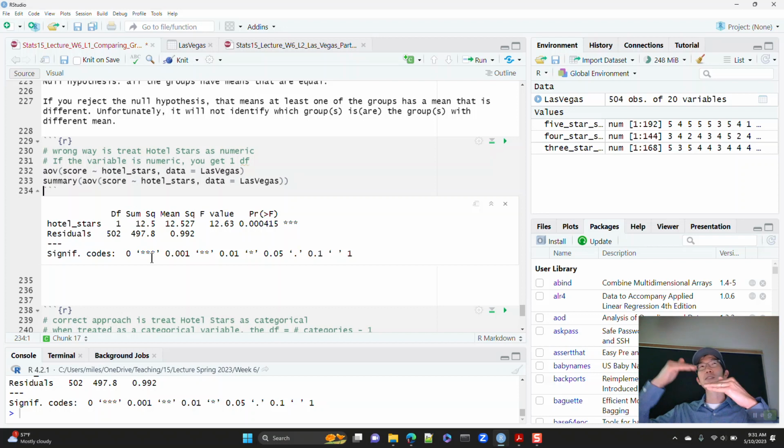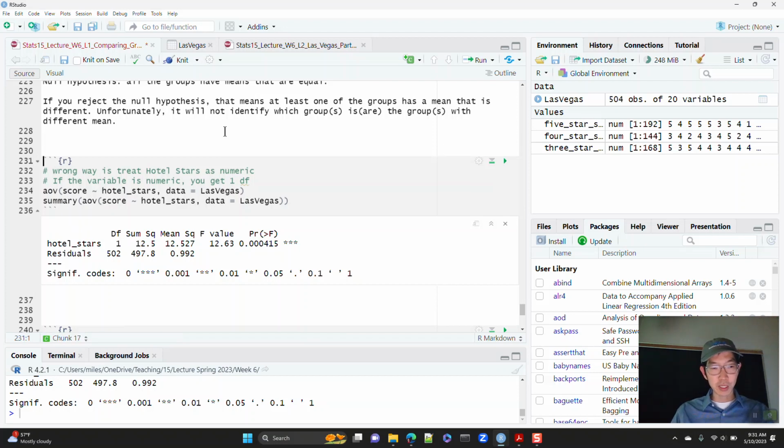And it thinks there's some kind of ratio that can be used, like if you buy 3 gallons of gas versus 4 gallons versus 5 gallons of gas, how much would the 5 gallons cost? You take 3 and you multiply by 1.67 type of thing. So this is technically not the correct way to do it because hotel stars is a categorical variable.